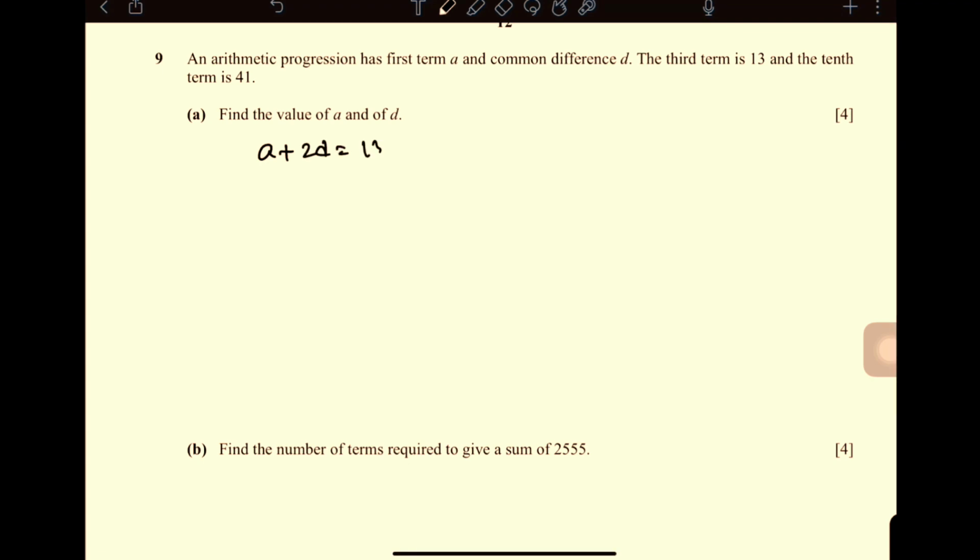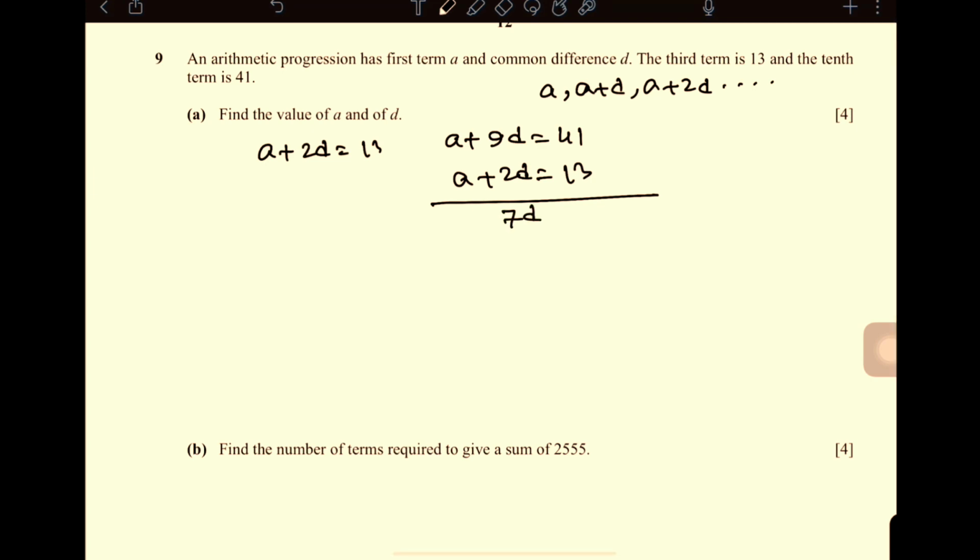We know in a general series or sequence, a, a plus d, a plus 2d, in that way. So third term is a plus 2d, and then 10th term is a plus 9d equals 41. So we can write here